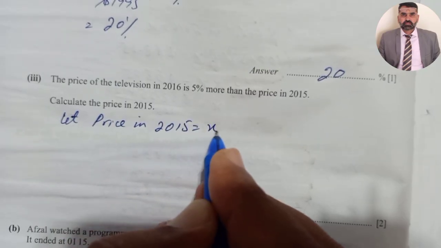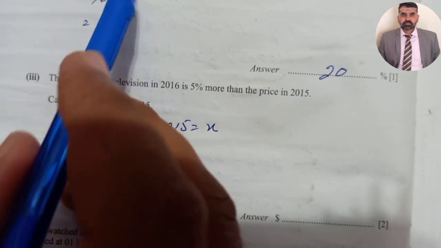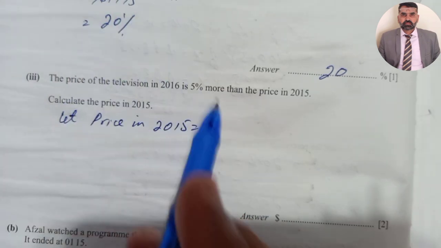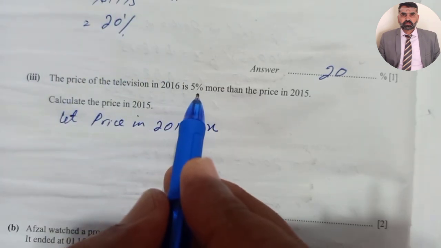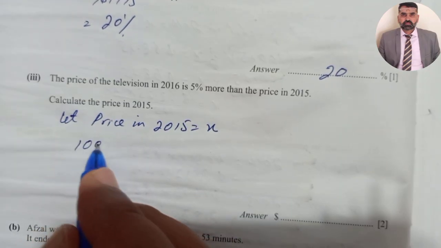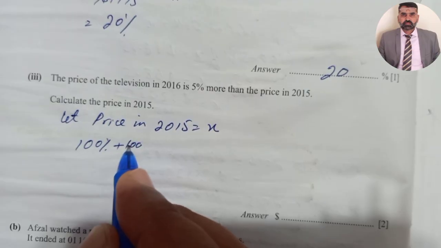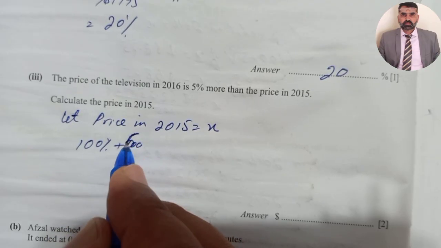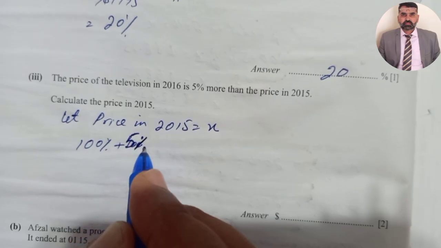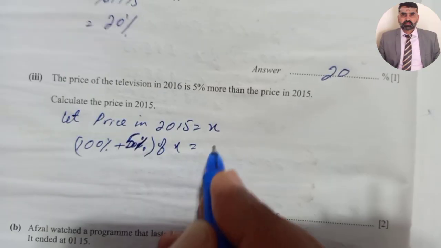The price in 2016 is 5% more, so 5% will be included in 100%, 5% will be included of X, and it is equal to